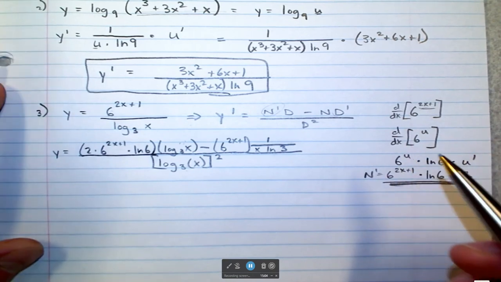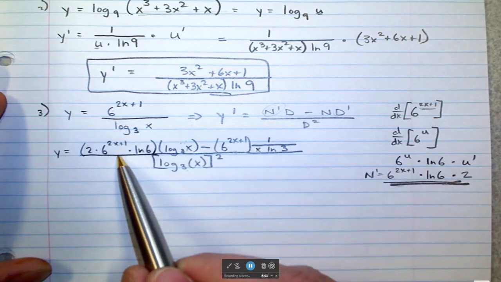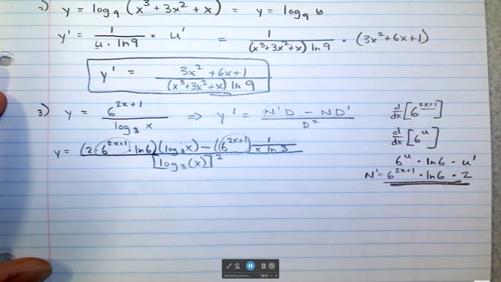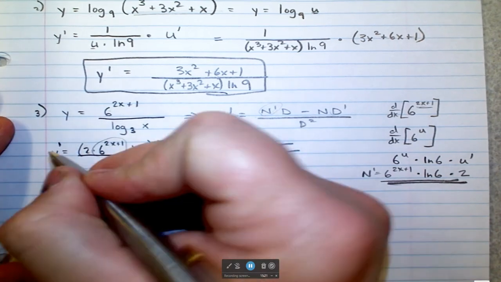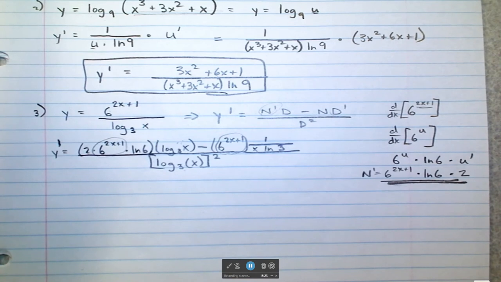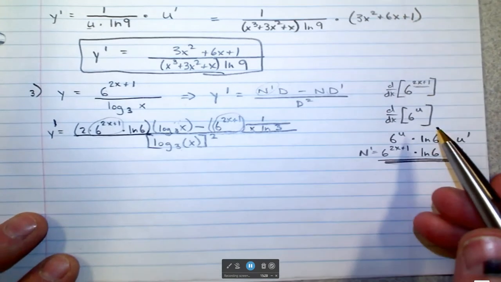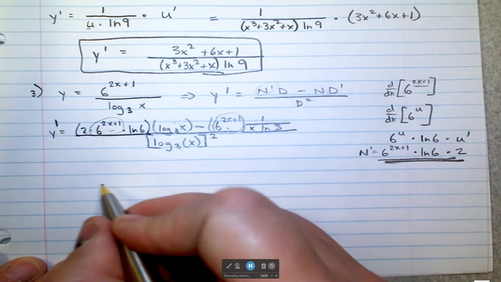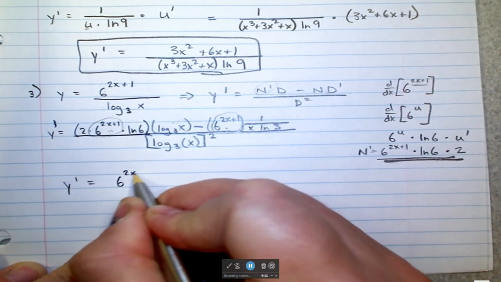The one thing you can clean up here is that you've got this guy in both of these, and so you can clean that up a little bit. Really from here, that's y prime. I don't know why I didn't put the prime symbol. We do have the derivative, and from here down is just cleaning that up. So how do we clean that up a little bit? Well, I can pull this guy and this guy out, and so I'm going to get y prime equals 6 to the 2x plus 1